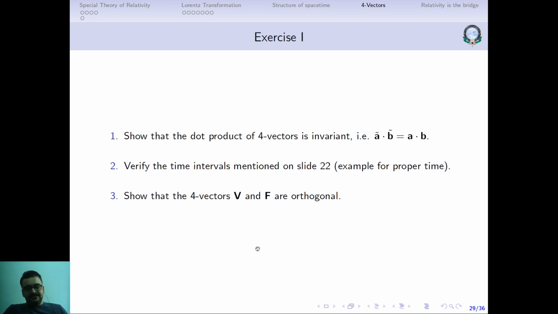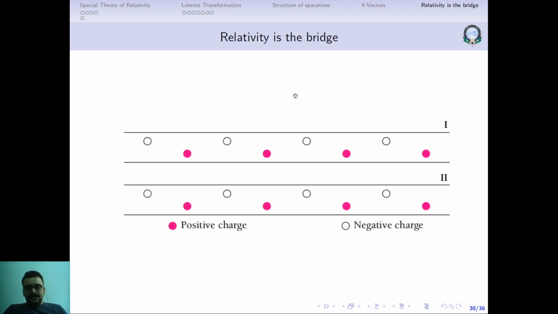We have to use the product rule. So once you use the product rule, you will get a dot product of V and F, which of course will give us 0. Okay, so very interesting problem. Please try this out. Now, before we end, I would like to just show you something that I had mentioned